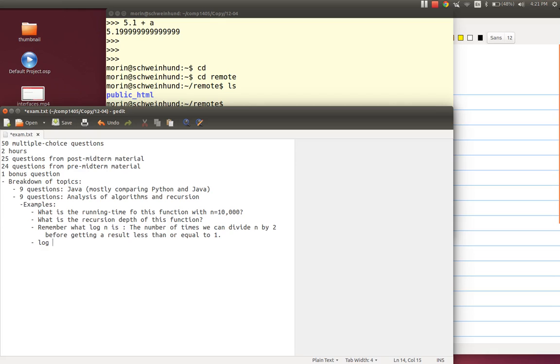And log of 10,000 is between 13 and 14, so we can settle on it being roughly 14 if you need to do that. And then the powers of 2, important ones are: log of 256, what's that? 8. And the log of 8? 3. Okay.